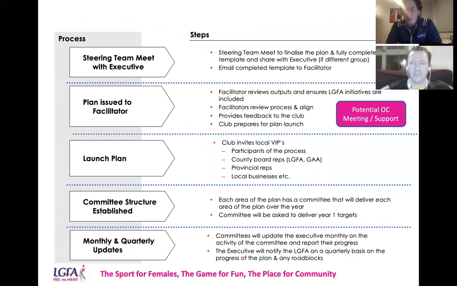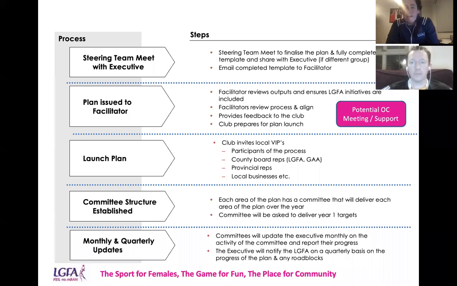and I'm sure everyone on the call tonight is part of a club executive. You don't want to have a situation where you don't know what's going on, and suddenly after 2 or 3 months, you're just told, there you go, there's a plan, it's going out tomorrow. So you want to meet with the steering group as a club executive and share the plan and fully say this is what it's going to be, and just say, look, have a look over that. If there's anything you think could be added as members of the club executive, let us know,